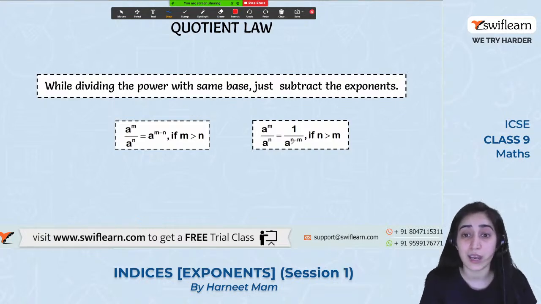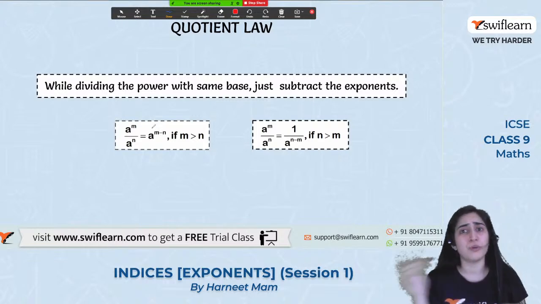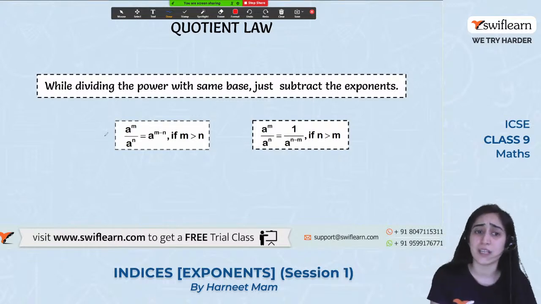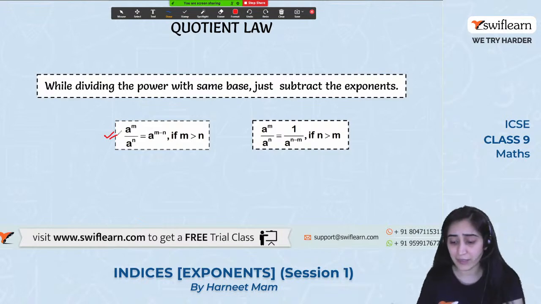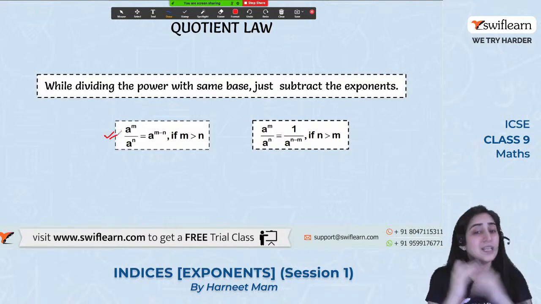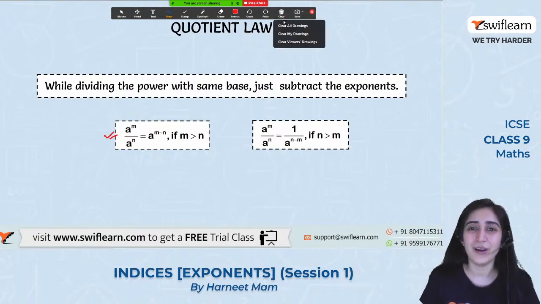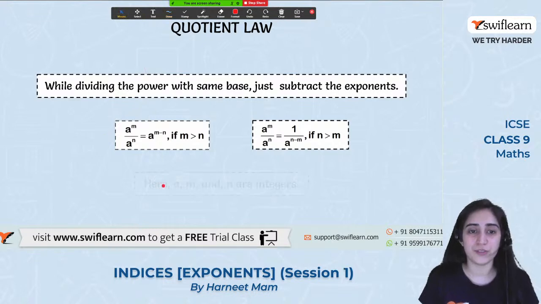Because what you see here, a to the power of n minus 2, is simple. Now if I get confused about which is which, I can follow just one and the other comes automatically. So won't my life be easy? Yes, that's what I tell my kids: don't complicate your life. All right? Okay. Now moving on to the next one.